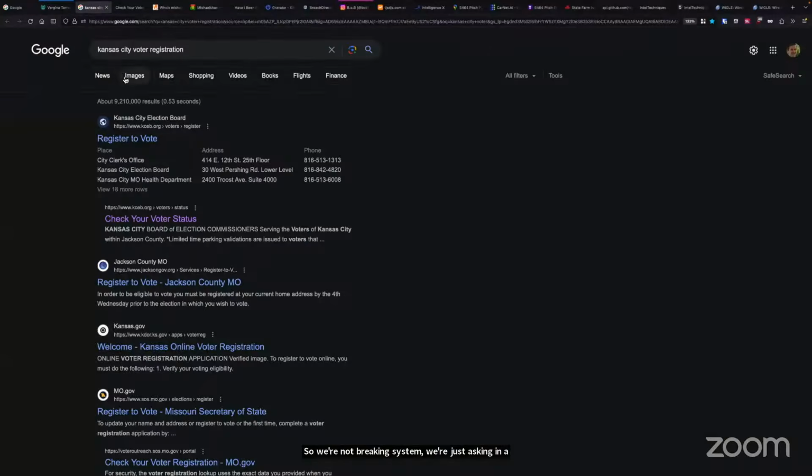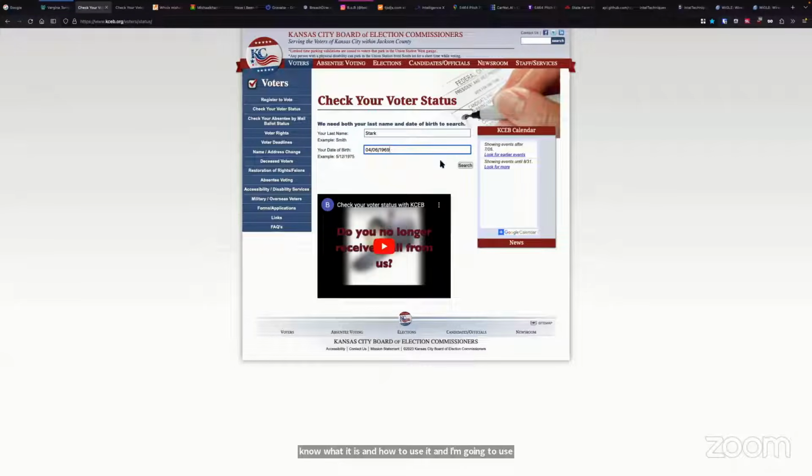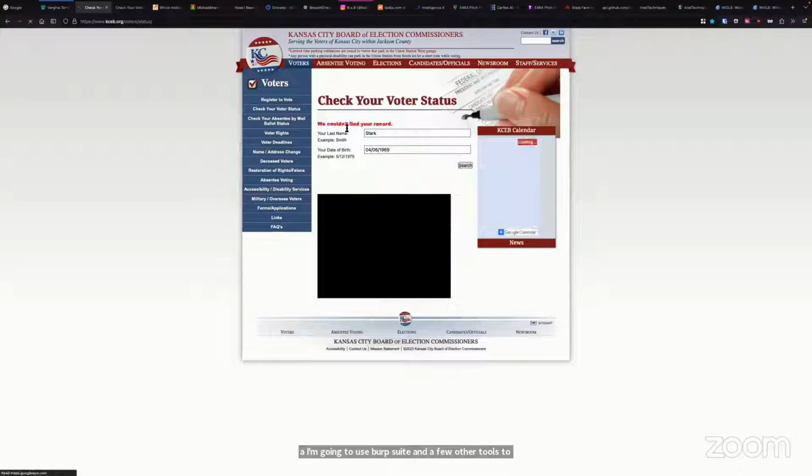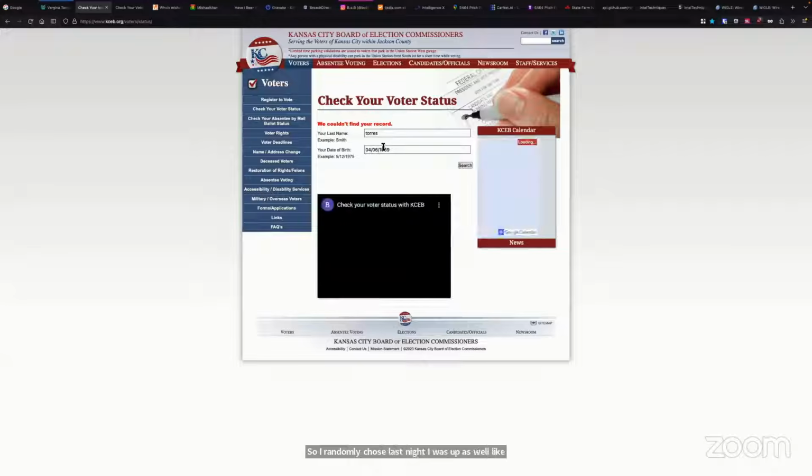I can search on and on, but a quick way to do this is, since this person is in Kansas, I search Kansas City voter registration records, and I see this website, check your voter status. I can go in here and start putting in that person's name. Let's say I put in a random date. It asks me for a last name and a date of birth. I press search and we could not find your record. For this person, it was Torres, and their date of birth. I don't know the first part of it, so I can start guessing one by one. I can have 30 iterations of this.